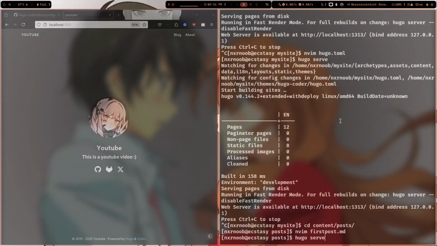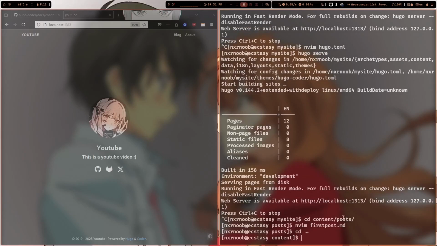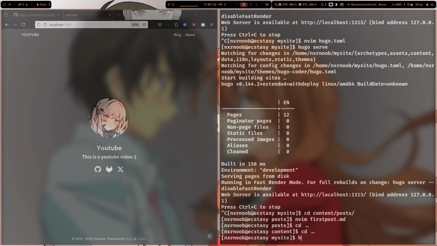So let's run the serve again. But before that, we want to be in the root of the my site folder. So cd. If you run Hugo serve in any folder other than the root of the website that you created, the Hugo serve will not work. So I'm going to come back again, and now if I type hugo serve,